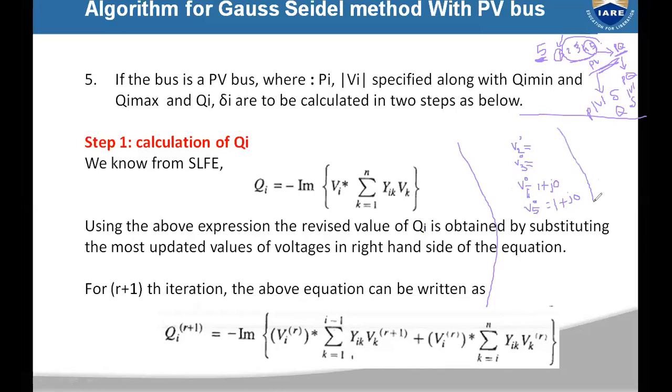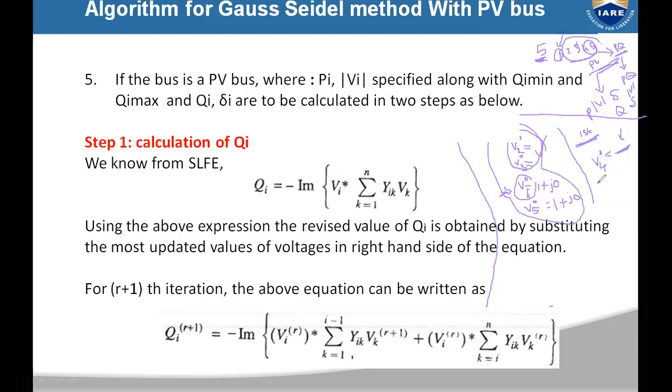Now, if you start the iteration process, let us take the first iteration. In the first iteration, at the PV buses you do not determine the V values, so these are fixed. At the PQ bus you have to determine V4, so you have to update V4 in the first iteration. While calculating V4, you will use one equation. In this equation, if there are any voltage terms, you have to use the previously updated values of these voltages.